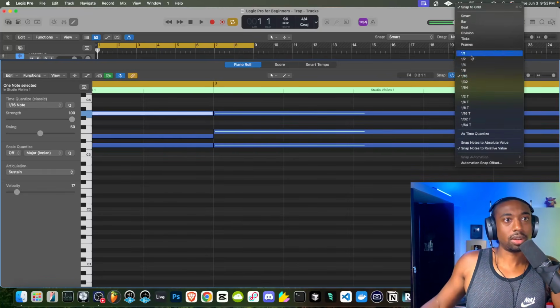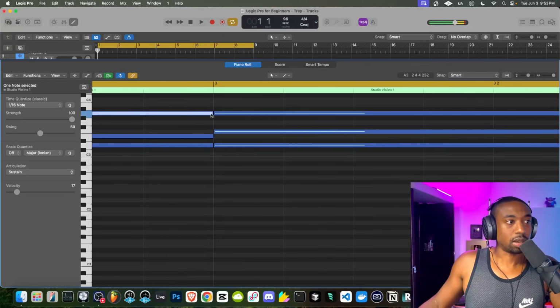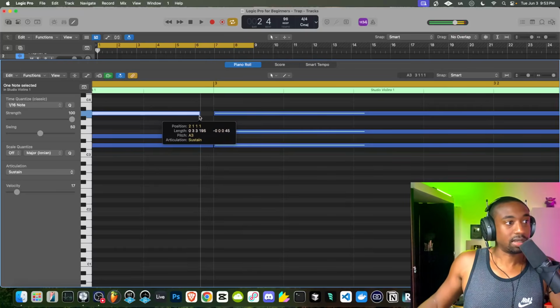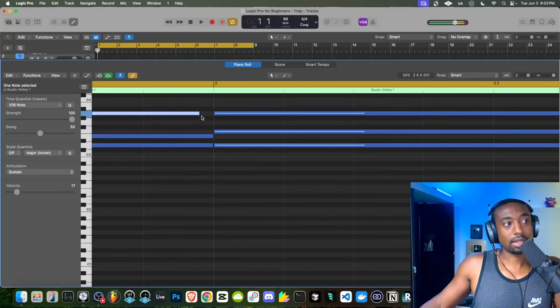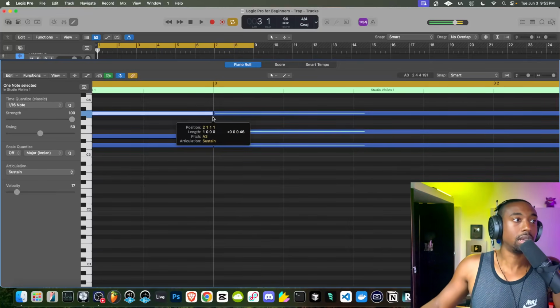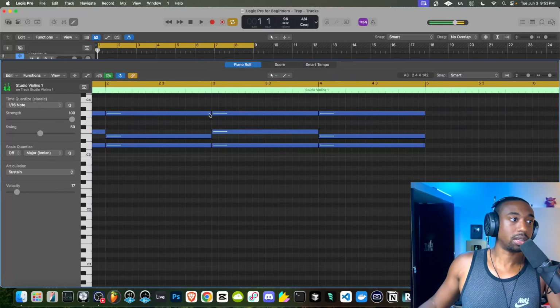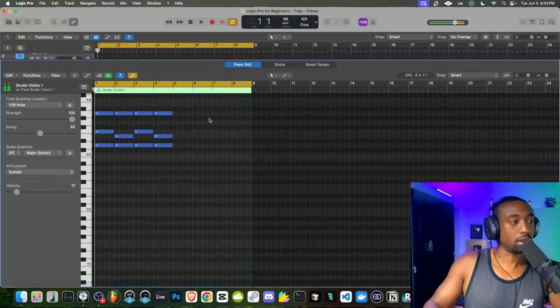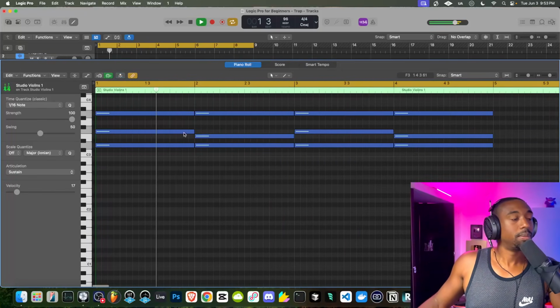Oh, change your snap to grid. If you ever have issues trying to move the length of your notes, change your snap to grid to smart mode. And let's say I even made it this small. If I hit Command R, it will latch paste it to the end of this and it will be offset for the rest of the pasting. So you guys got to be careful with this latch paste feature to make sure that it's perfectly on that bar if you are doing that technique.